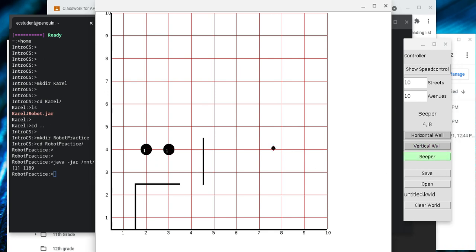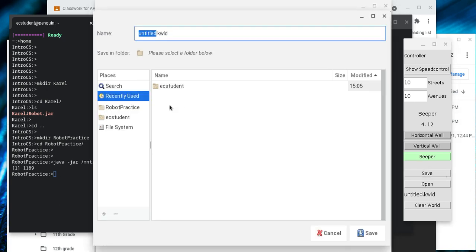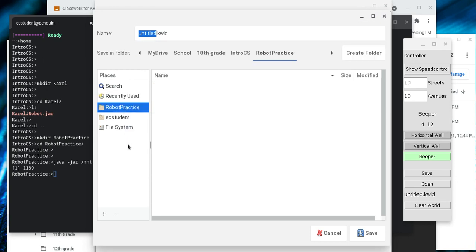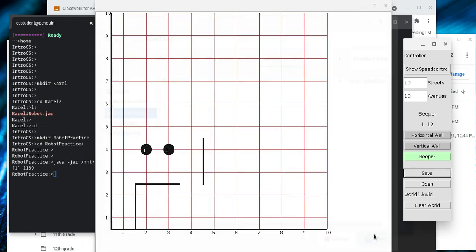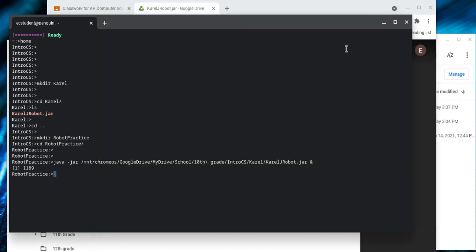And then we'll put a couple beepers in here. Okay, and then I'm going to save this file, and as you save this, just always be careful, be attentive to what folder you're saving this in. I'm going to save, and I always check the path up here, my drive school 10th grade intro CS robot practice. I'm going to call this world1.kwld and then hit save. And I can close this as follows. Okay, and now you see here that